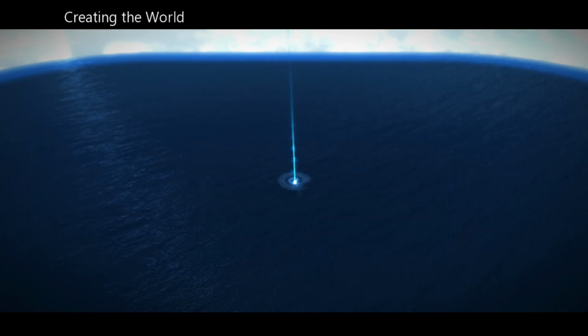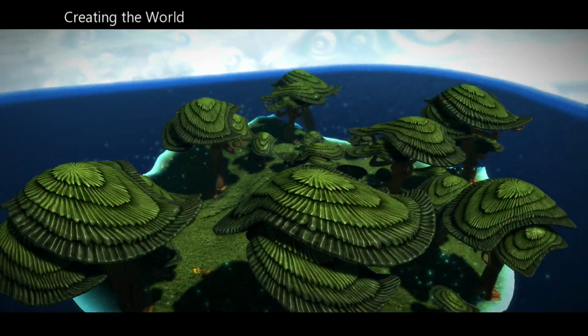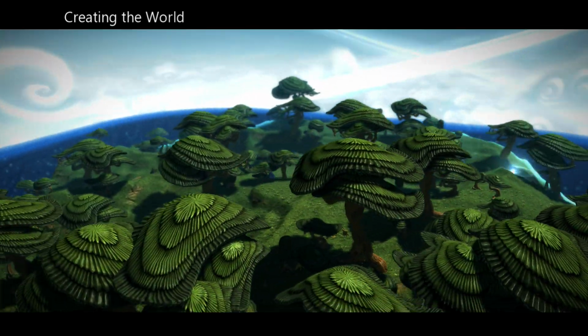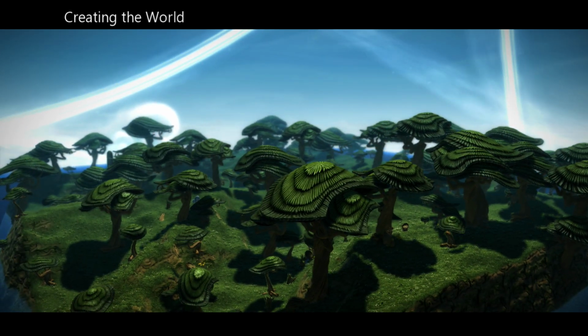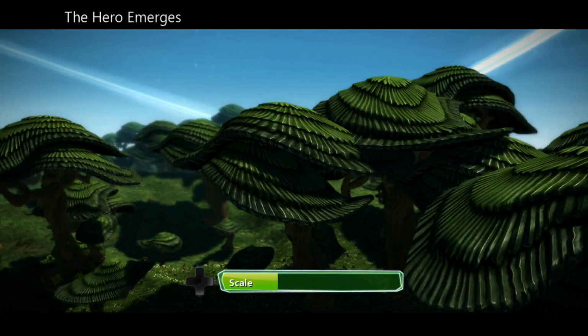We'll set it in the daytime so you can see the character easier. So the world is created rather quickly. I mean, you could do this all yourself, plant all the trees individually, set the sizes,